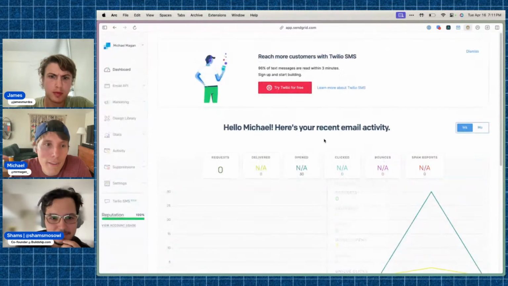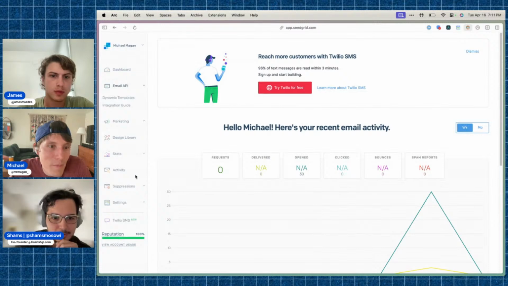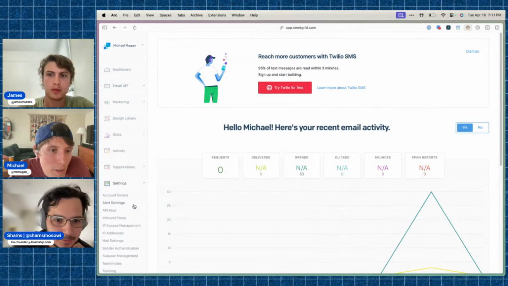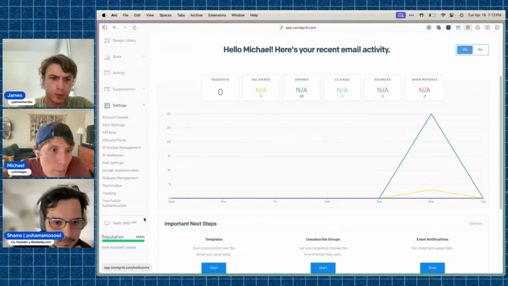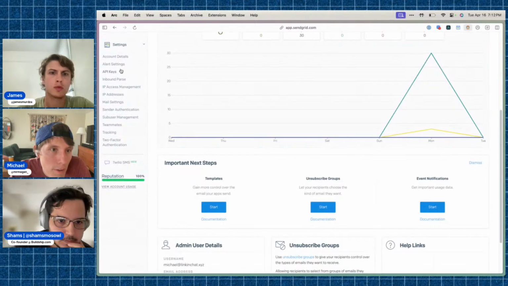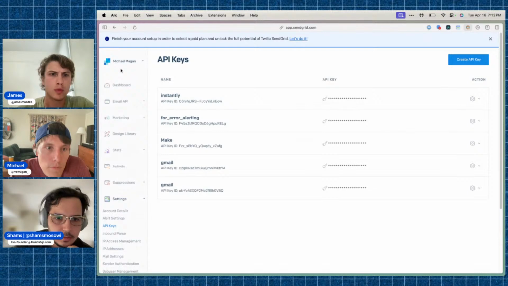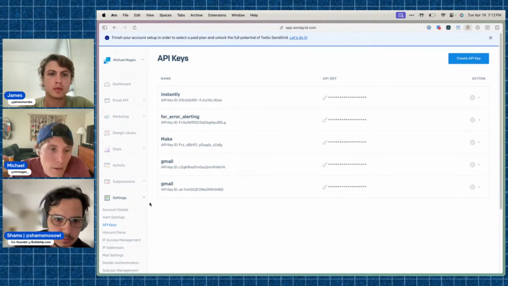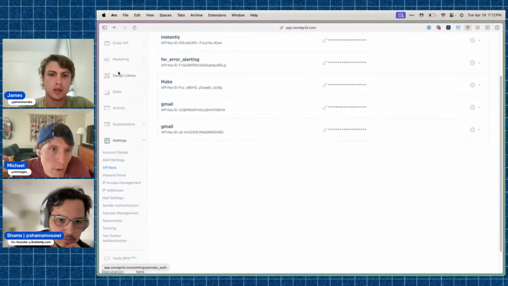Okay, this is looking good. Let's see the dynamic. I thought it was down in settings. You just need the API key, right? I think if we go to the email API tab, there's an email API.